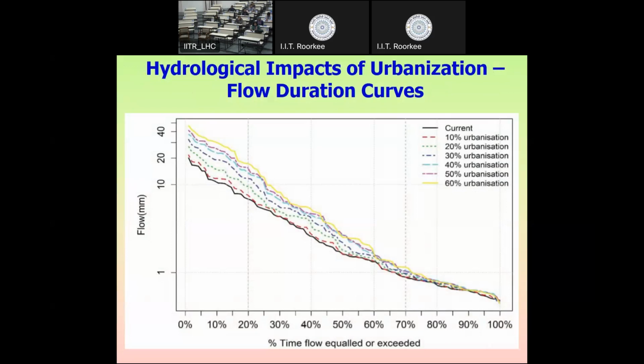Suppose this is a point of 80%. So this river which is shown dotted has zero flow after 80%. That means 20% of the time this river remains dry. This is an ephemeral river, while this is a perennial river. And here we had said that at least 20% of the time the flow in the river is 50 units or more.